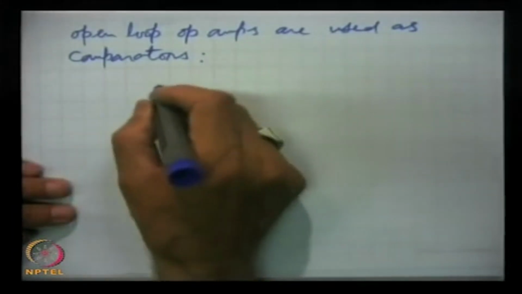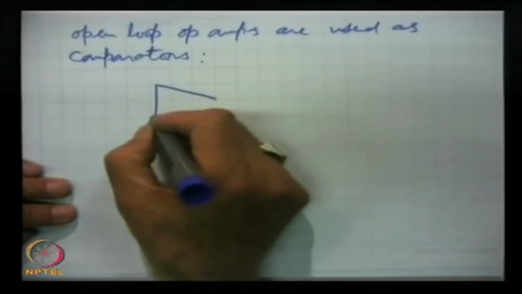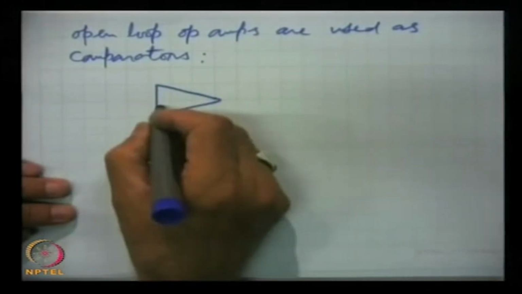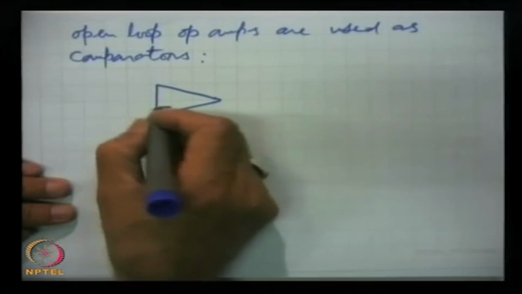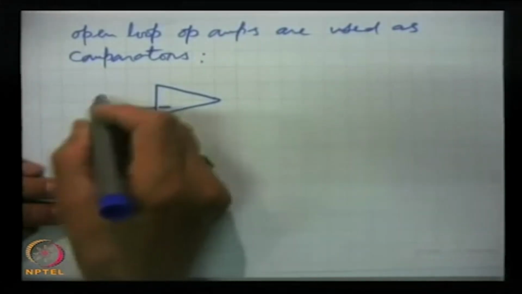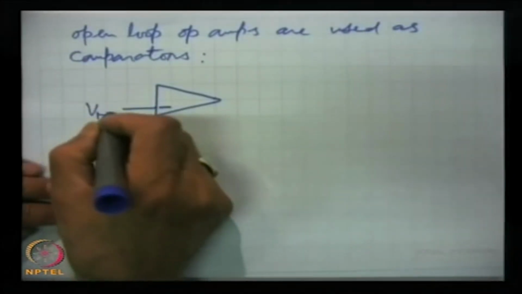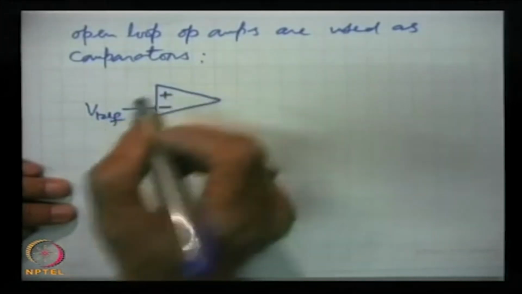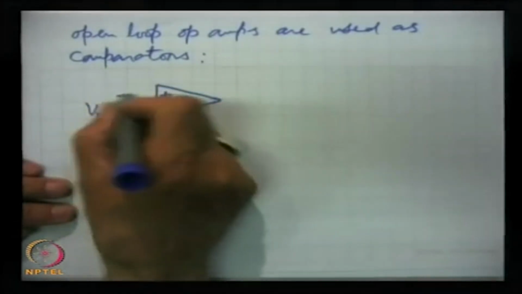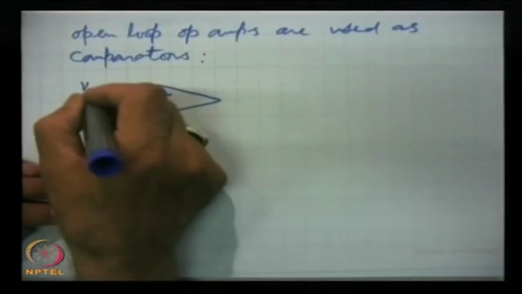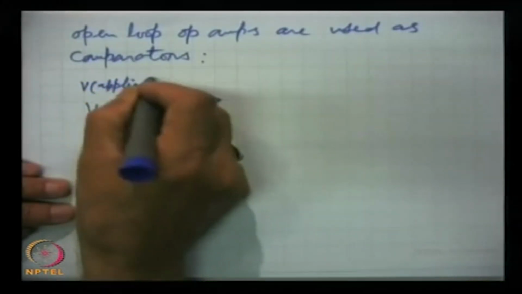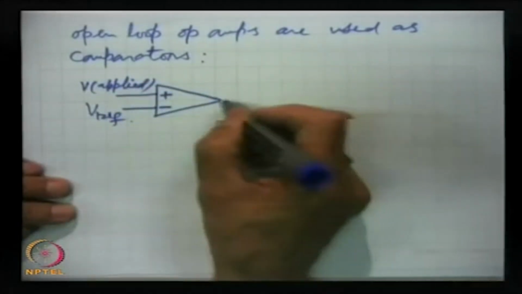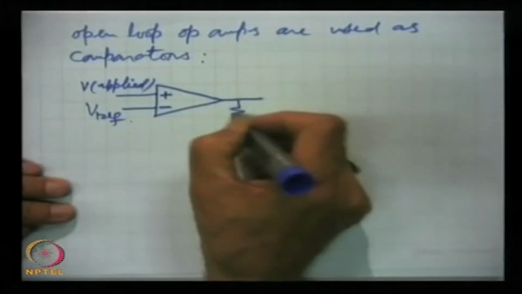So, here for example, one is the reference voltage and this is the applied voltage, V applied, to be compared. Applied means the one which we want to compare. Now, the output when we take